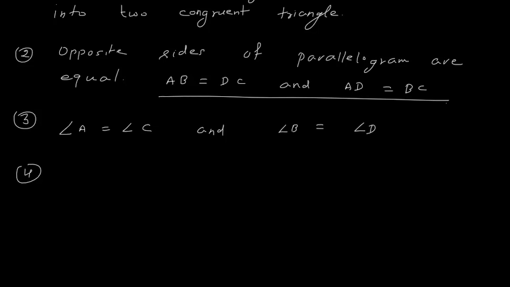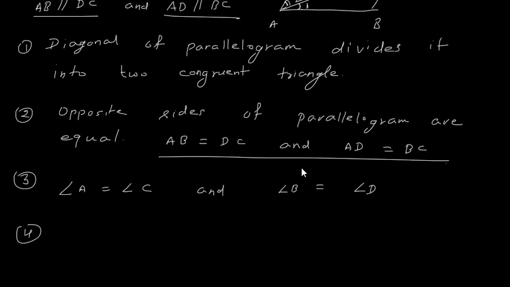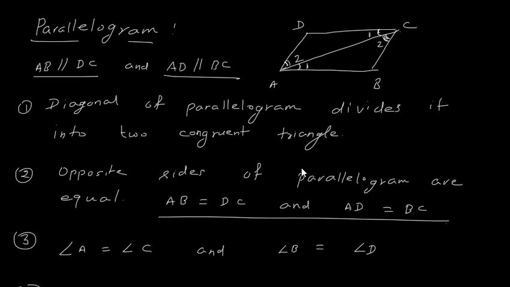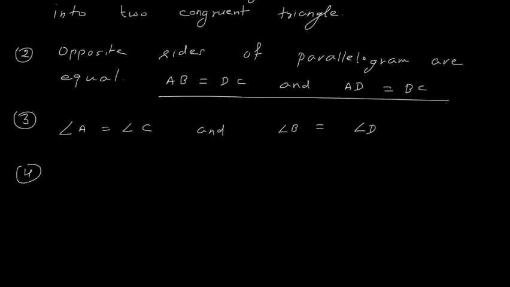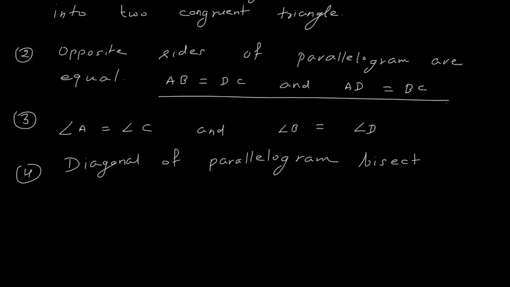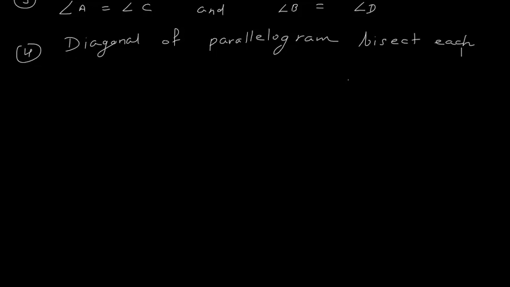Fourth property is that diagonals of parallelogram, they bisect each other. Now what do you understand by they bisect each other? Saying that they bisect each other means